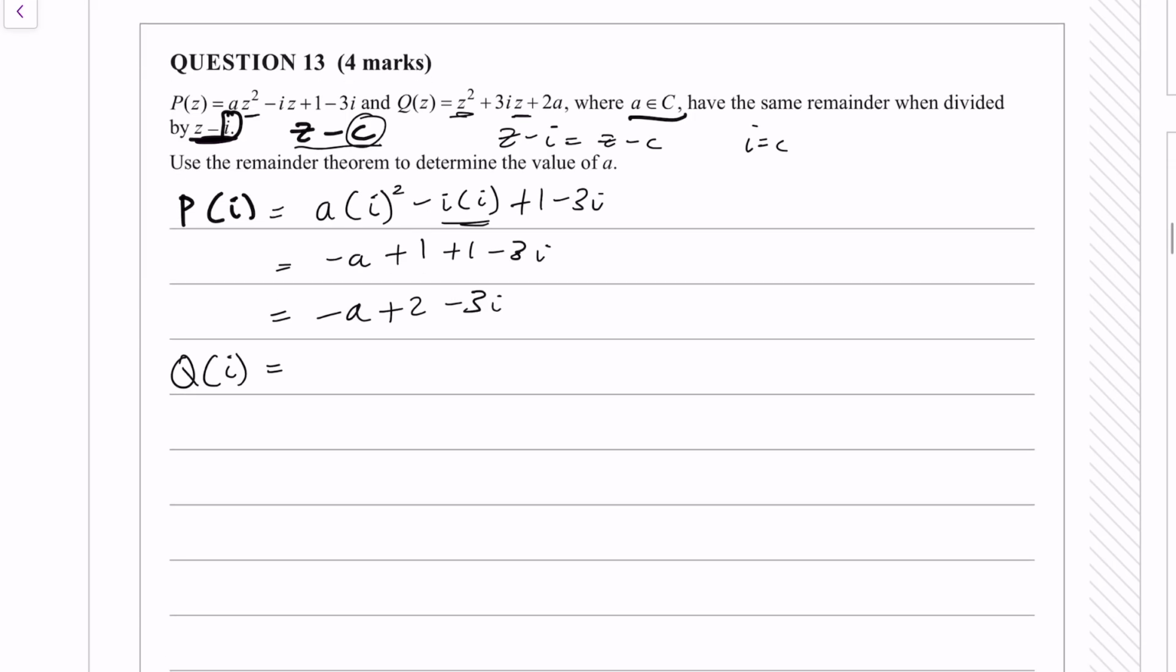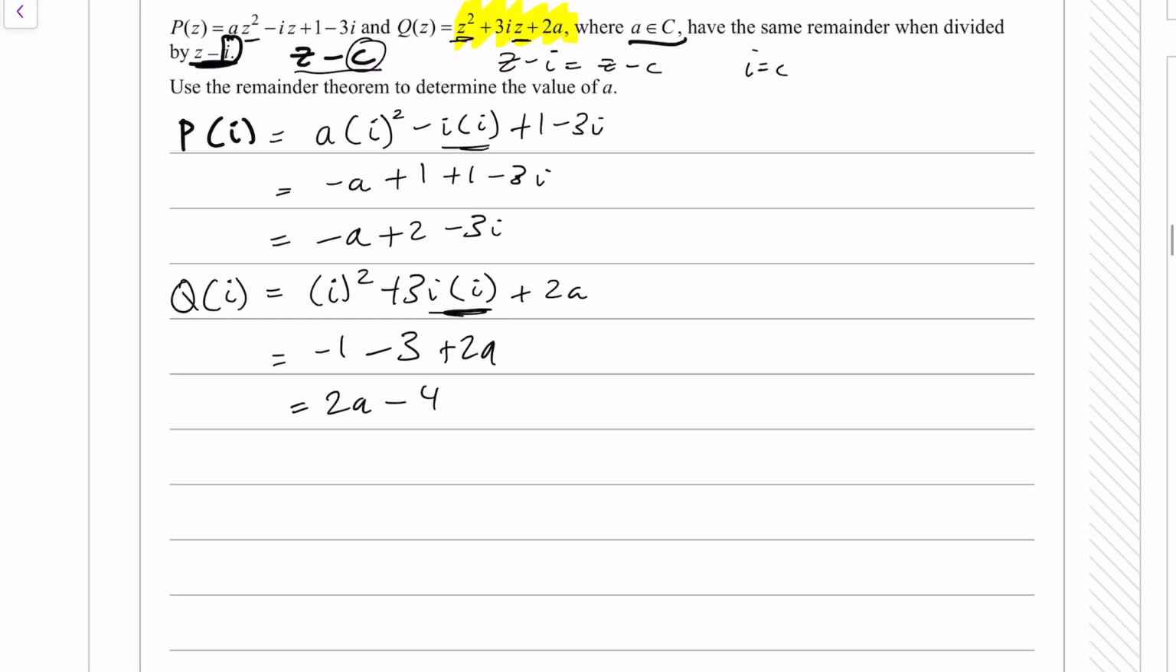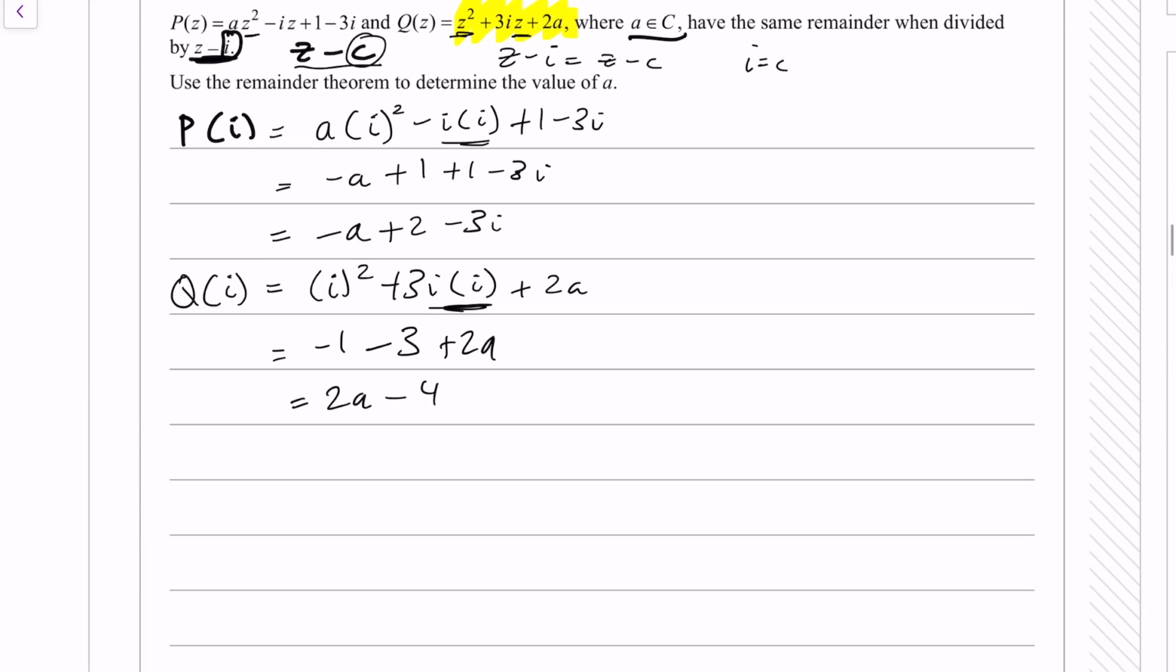Right, so with q, again, we just substitute in this polynomial equation, wherever the z is I put in i, so i squared plus 3i times i plus 2a. And then I know that i squared again is negative 1, and then i squared here is negative 1, so that's going to be negative 3 plus 2a, and that'll be equal to 2a minus 4, just moving the constant on the end there. All right, and because we are using the remainder theorem,